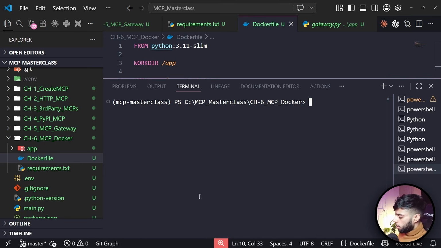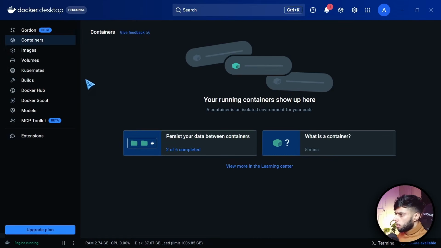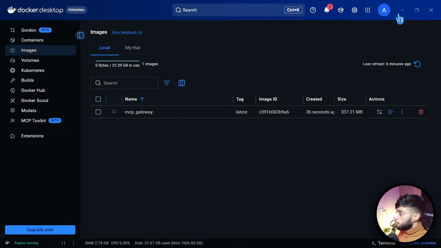In order to run the container, I will simply say docker run -dp. Let's do the port mapping. 8050 of your machine will be mapped to 8050 of the Docker machine, and I want to provide the name, let's say MCP container, and I want to run the image called MCP. What was the name? MCP image. Let me just check my Docker. What is the image name? MCP Gateway. Okay,